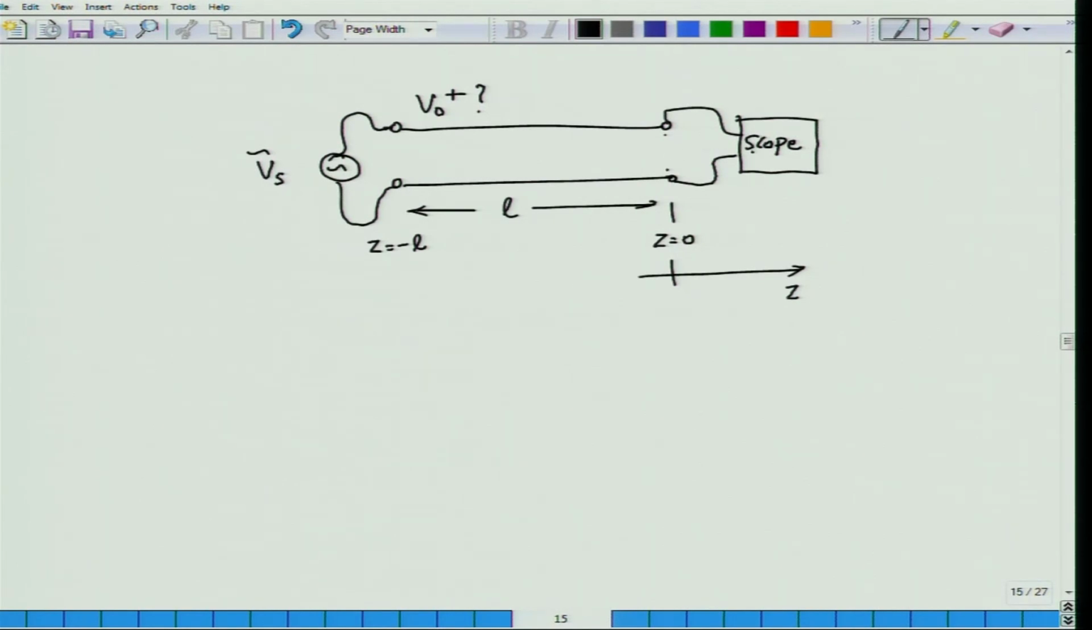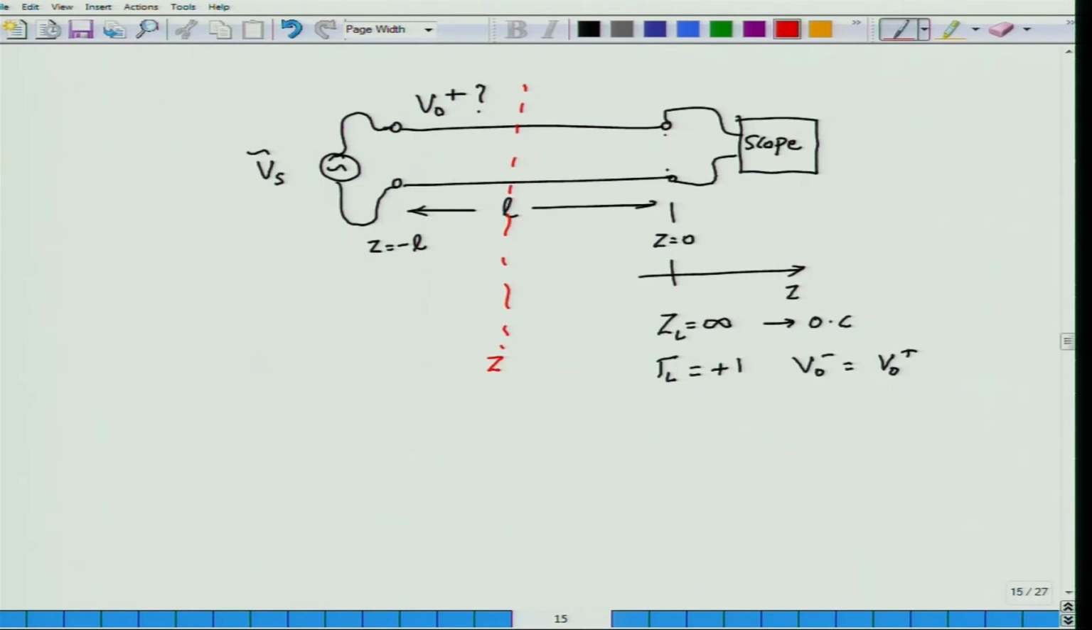Because the input impedance of the scope is considered to be infinity, the load impedance for this transmission line is actually infinity. In other words, this is an open circuit load, for which we have already seen in the previous module that the reflection coefficient at the load will be +1, which also means that V0 minus is equal to V0 plus. And if I now consider any particular Z on the transmission line,